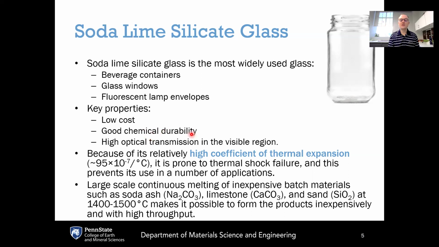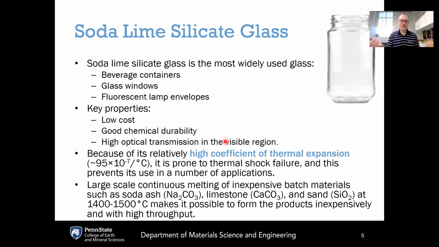Soda-lime silicate also has a very good chemical durability. It's not as good as vitreous silica, but it is good enough for everyday applications of glass, such as in beverage containers, glass windows, and so on. And it also has a good enough optical transmission in the visible regime to be used for windows, jars, and so on. So if you just look through the thickness of a window, it appears to be nice and transparent